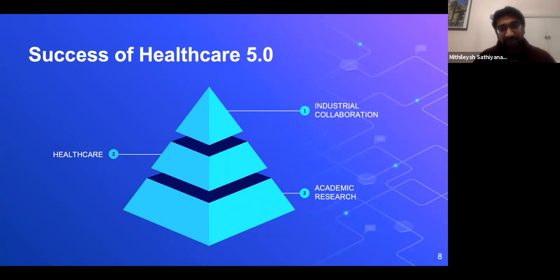If we want to see the success of healthcare 4.0, I strongly believe there must be three-tier collaboration. So definitely academic research plays a massive role in terms of doing the exhaustive research, and healthcare professionals have to be part of the whole research, whatever the academic people are doing, and of course with collaboration with industries in terms of setting up the platforms, or setting up the solutions or deploying other solutions. So I believe all three are massive stakeholders in any of the projects that we'll be taking up from here.